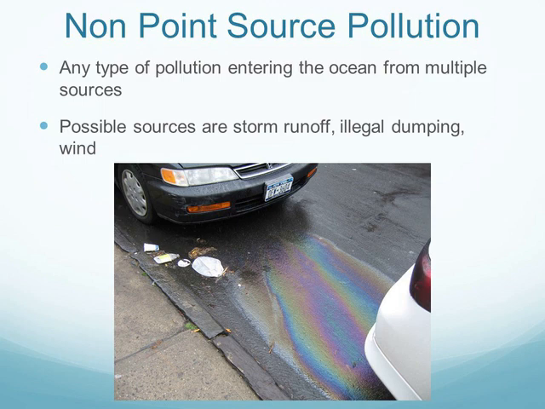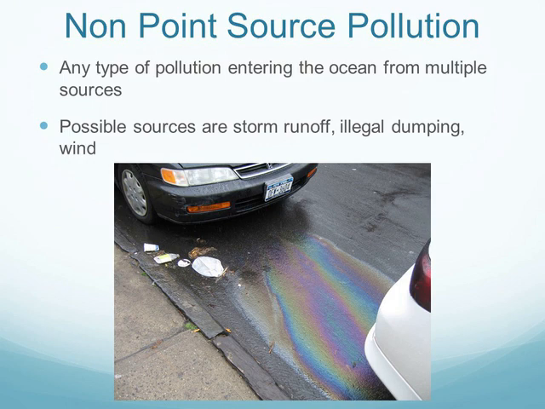All right, so that was toxins within the ocean. Next, you have non-point source pollutions. Unlike point source pollutions, where you know where the source of pollution is coming from, for the mercury example, where that chemical plant in Minamata, Japan, was dumping all of their chemicals into the bay, that would be a point source because you know where that chemical is coming from. It's coming from that plant. A non-point source pollution is one where you don't know where the pollution is coming from. So it can be any type of pollution entering the ocean, and it could have multiple sources.